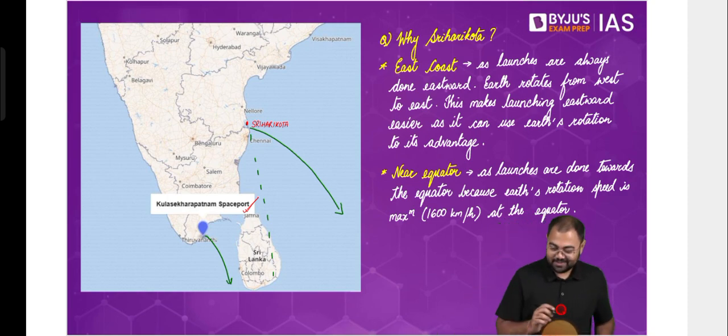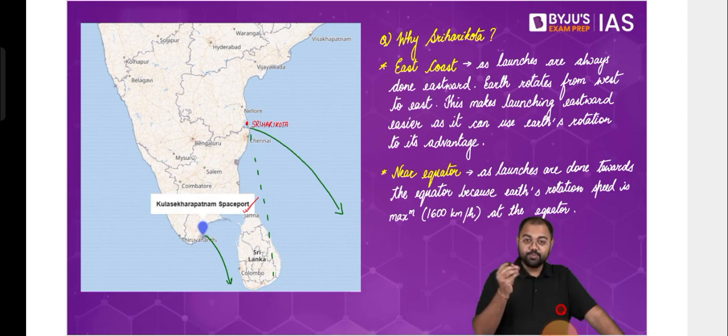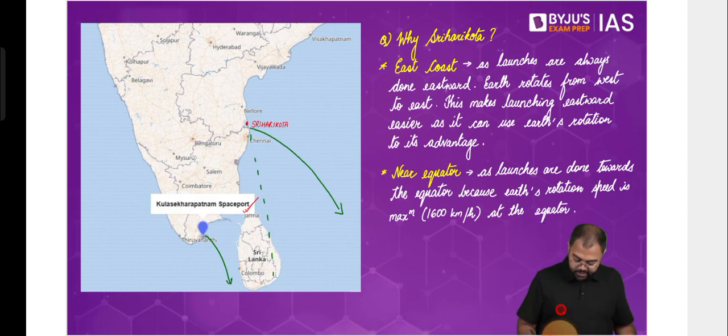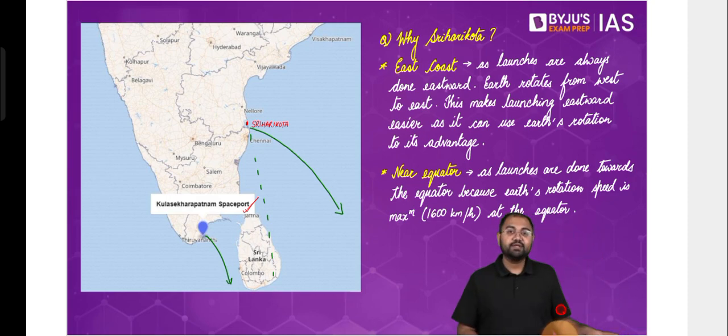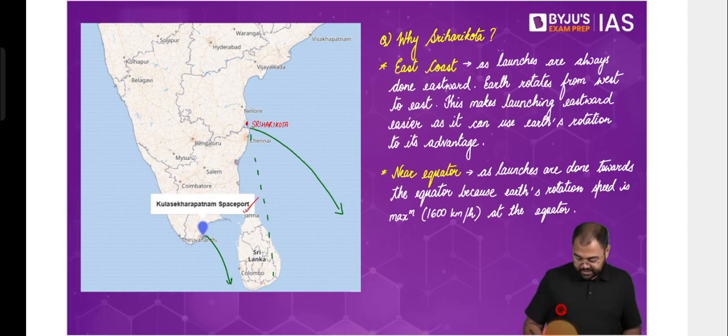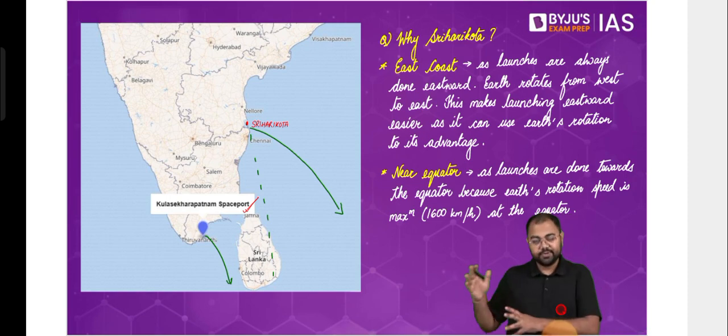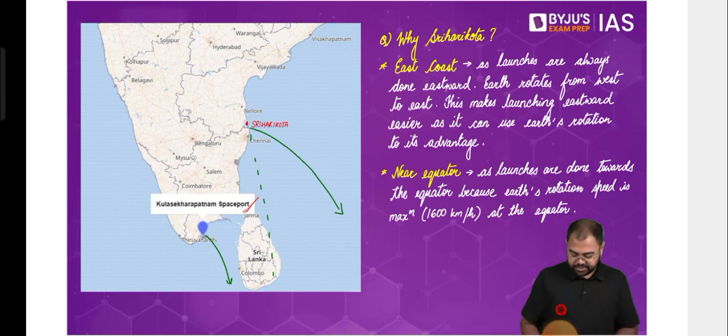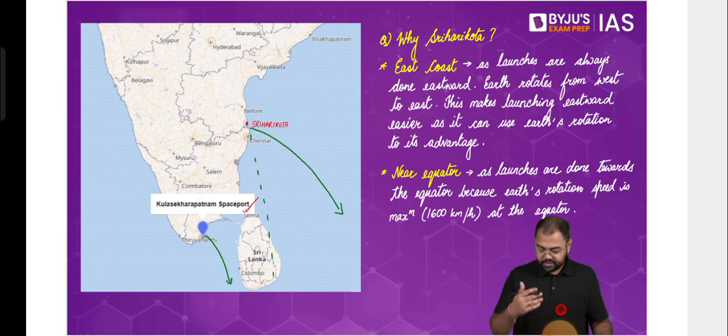All right. So just understand why we are flying over this, why these points have been chosen, why Sriharikota and why Kulasekara. Kulasekara has been in the news very recently. Just a couple of months back, the Minister for Science, Ministry of Science, was also talking about how we will be trying to build this faster. Already it has been in the works. It's not that it's a new announcement. The announcement had happened many years back, but now we see that we are trying to move positively towards all these things. So that's how we are looking at the launches in India.